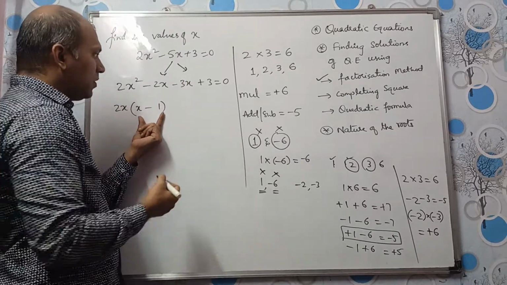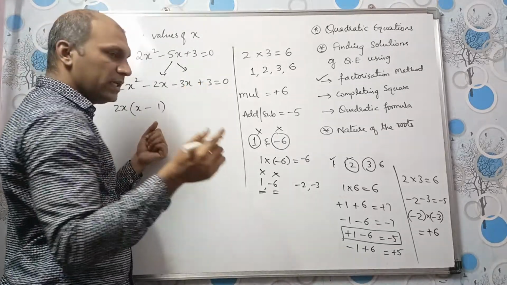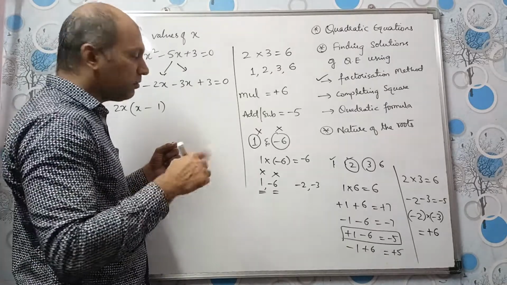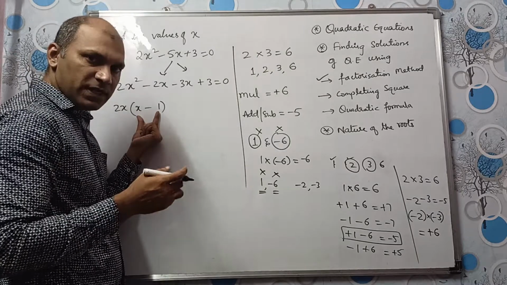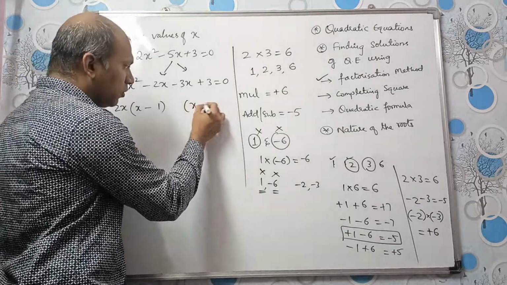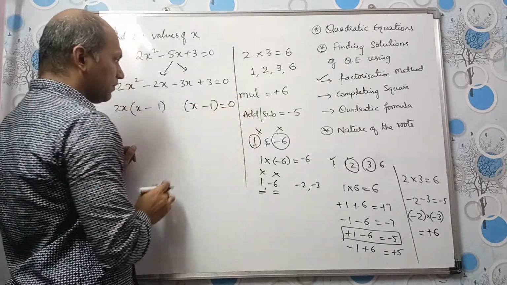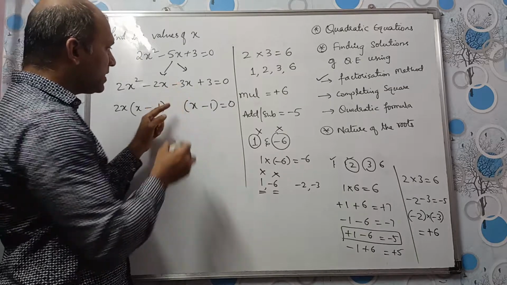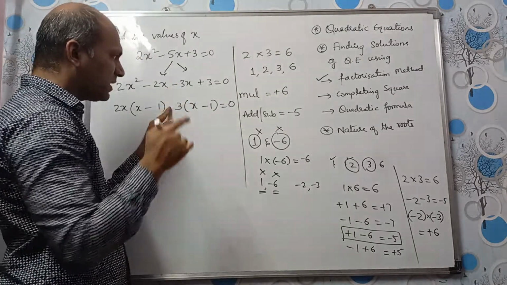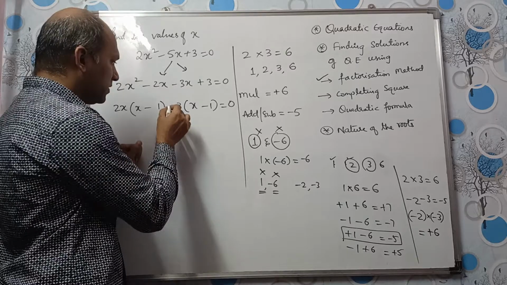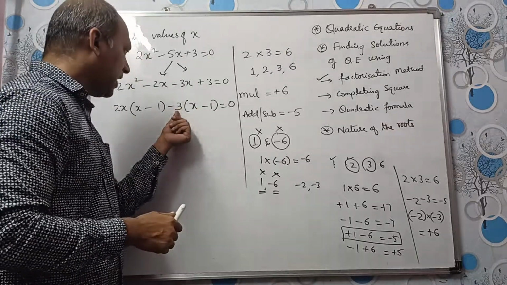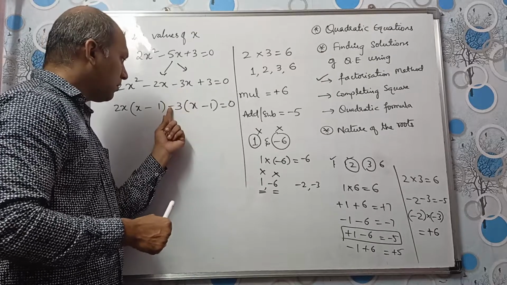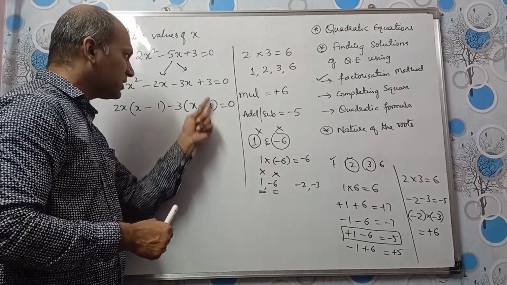Now, from these two terms, we can take 3 common, right? Or minus 3 common. Whatever we get here inside the brackets, we need to write it one more time here. We will have the same thing. Outside the brackets, what will come? 3. But what sign do we have here? Minus sign. So minus 3 will come. If you are still having doubts, just multiply. Minus 3 into x, minus 3x, minus into minus plus, 3 1s are 3.